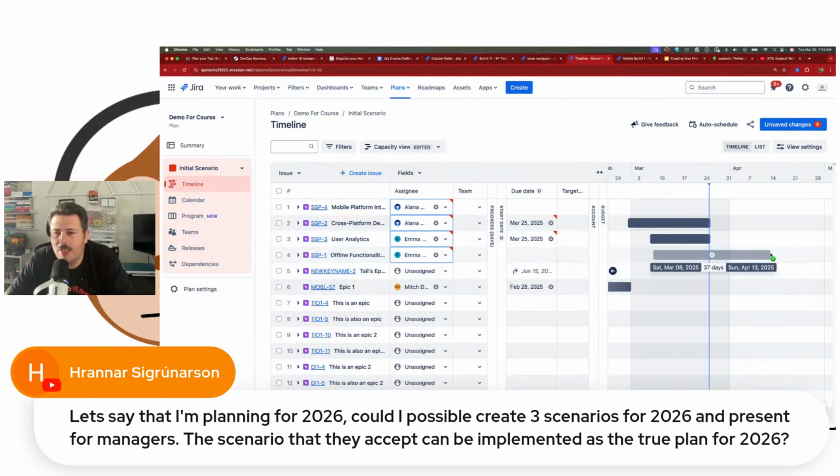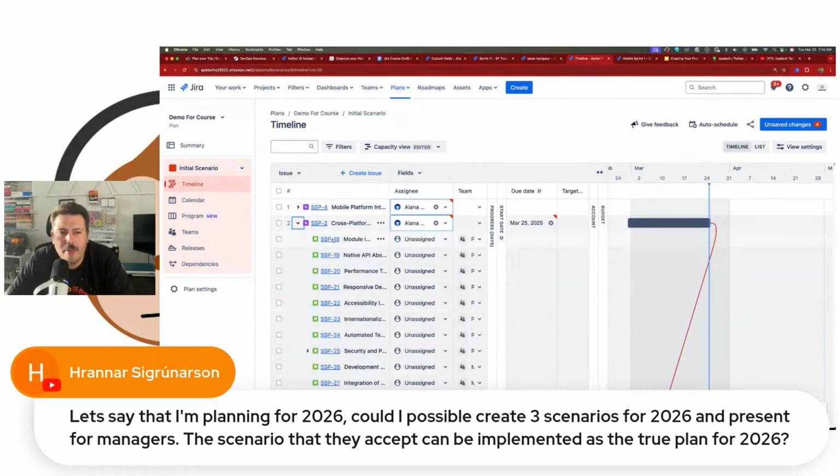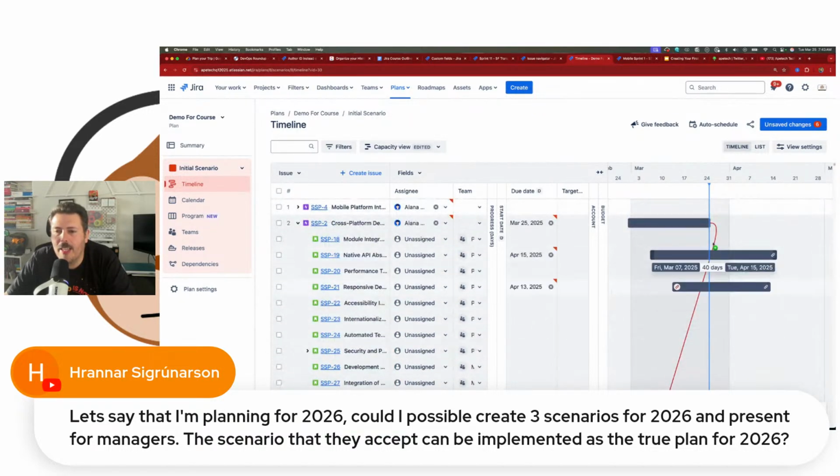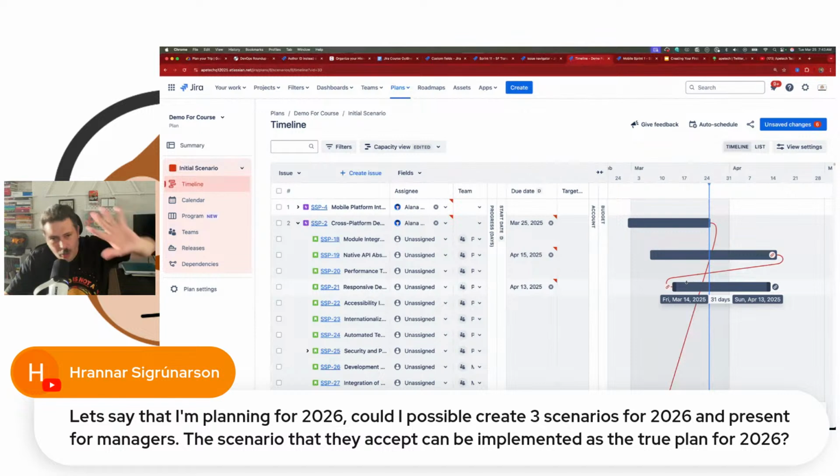You can do all of this over here like this. You can manage dependencies. You can connect things like this. You can expand and make a bunch of stories underneath everything. You can add dates for everything. You can connect all those things together, right? You can do all of this, okay? All of it. You can just go crazy and manipulate the heck out of your plan, but nothing goes to